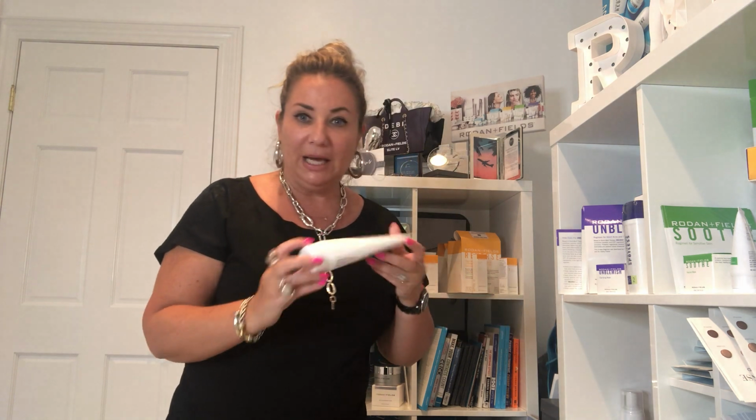We have our daily body moisturizer. I use this as a hand cream. I'm absolutely obsessed with this. The smell is fantastic. It coats the hands so richly and beautifully. I have it on my desk. I have it on the side of my bed. I have it in my car. And the only other thing I don't have here, it's out by the pool, and my girls keep stealing them,